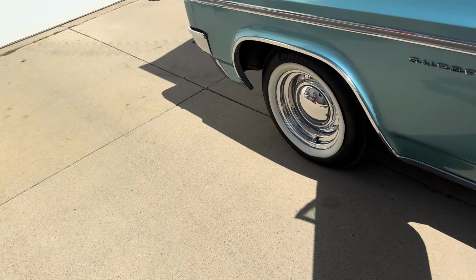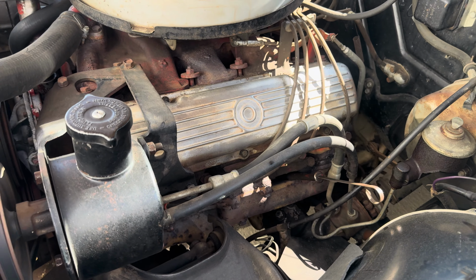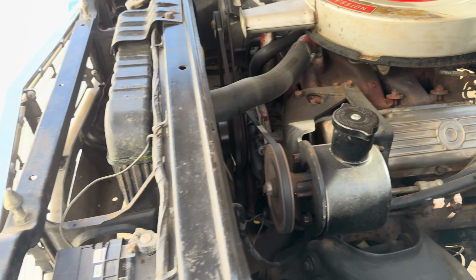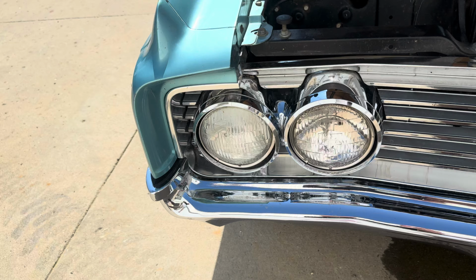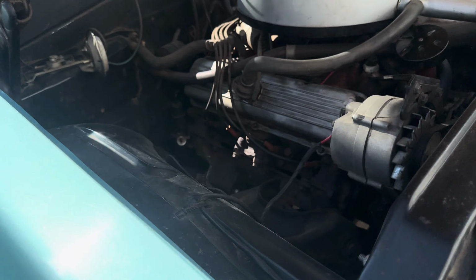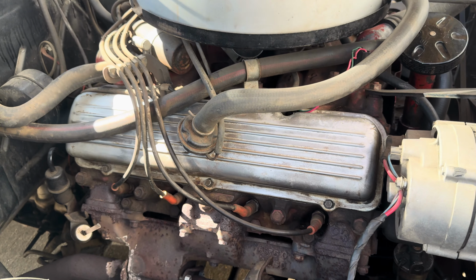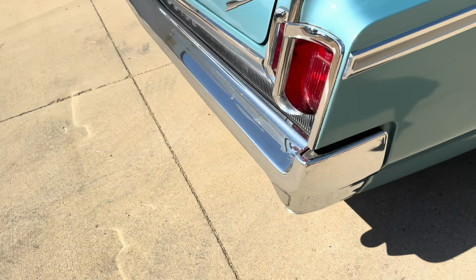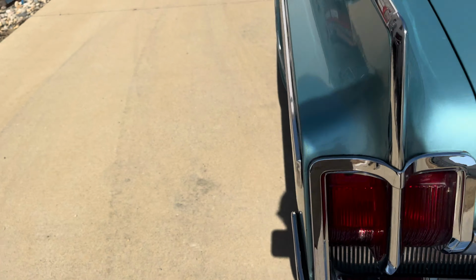Runs really good. Power steering, power drum brakes. There's your headlights. So, pretty cool cruiser. This is one that you can definitely get a lot of comments on because nobody sees